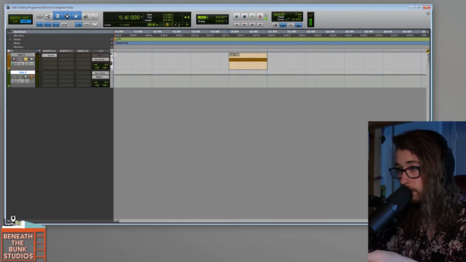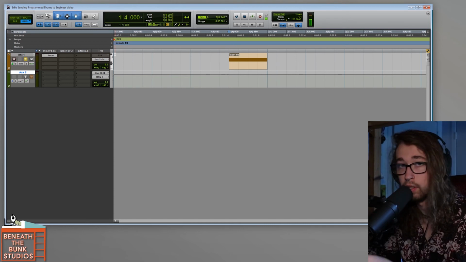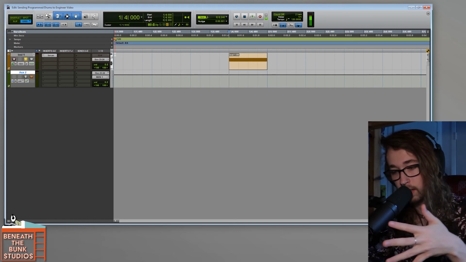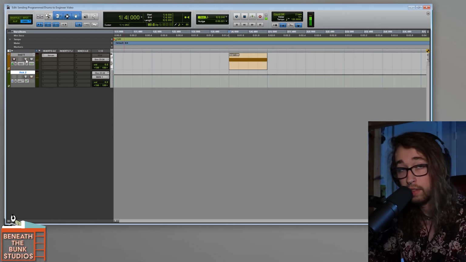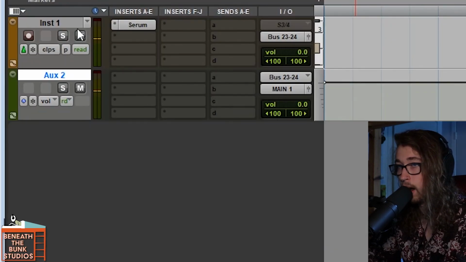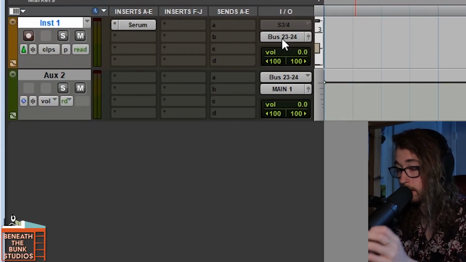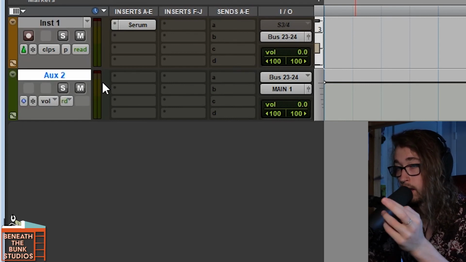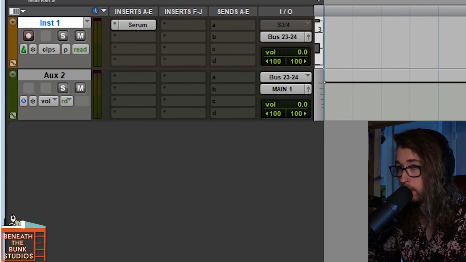is solo safe. This is a super important one, especially when you're doing lots of routing, lots of bussing, and any kinds of effect sends and so on. Here I have the synth note from the other example that just sounds like this. And what I'm doing is I'm routing this synth track to a stereo aux on this track. And as you could see, it's working properly because when I play the synth, the level of the audio is